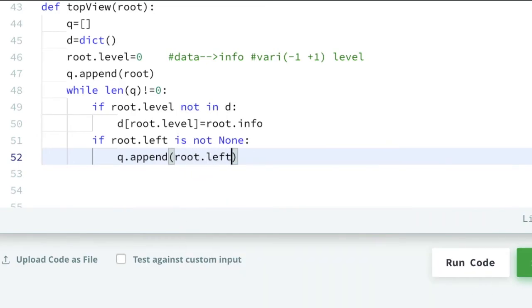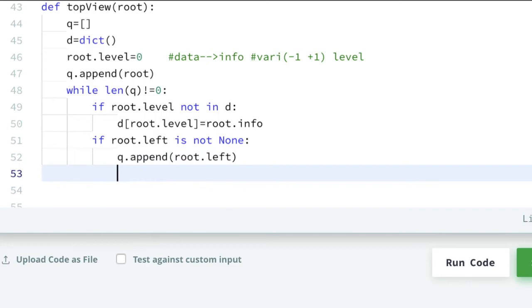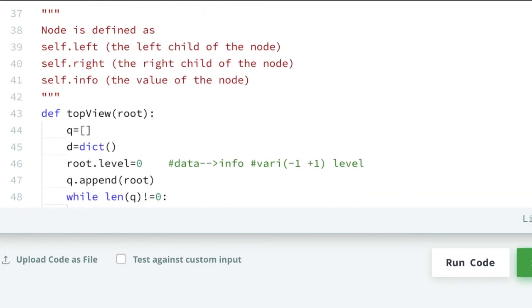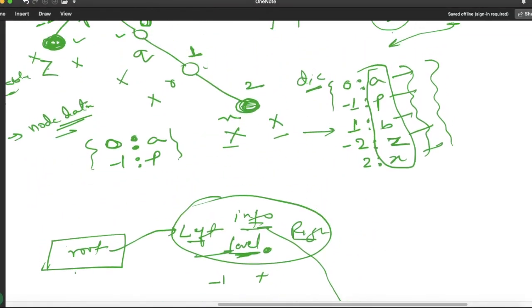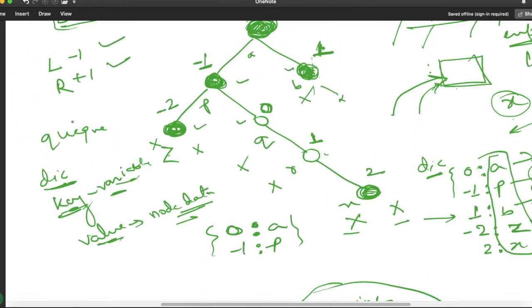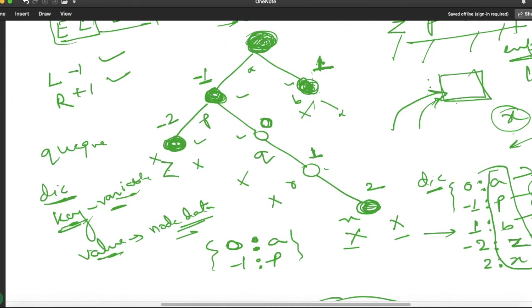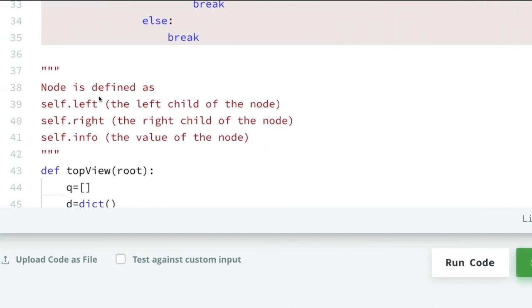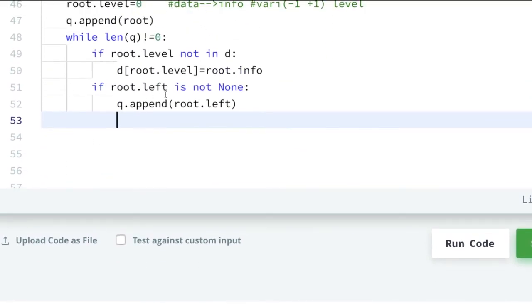We are going to append this left child in the queue, and after that we also have to do plus minus. We have to do -1 in the left child, means if you are traversing the left part, and +1 in the right. So here we have checked for the left part.